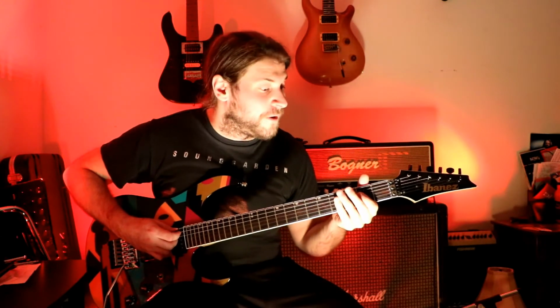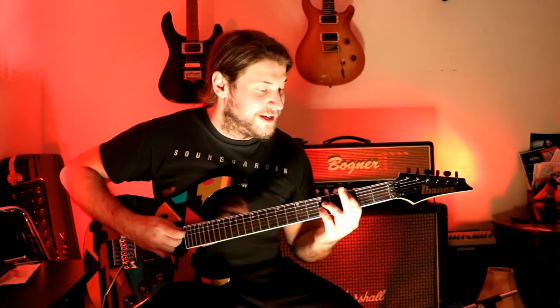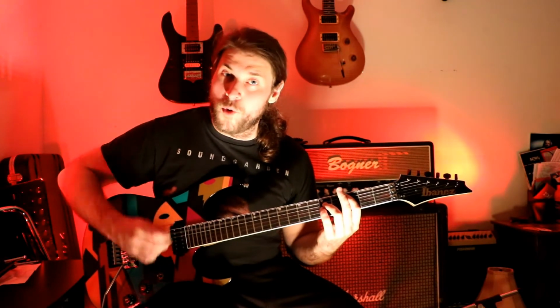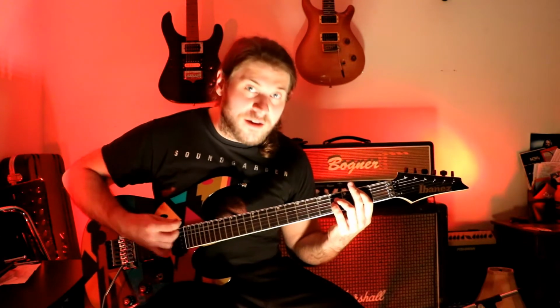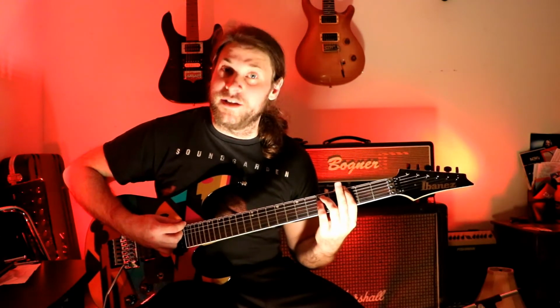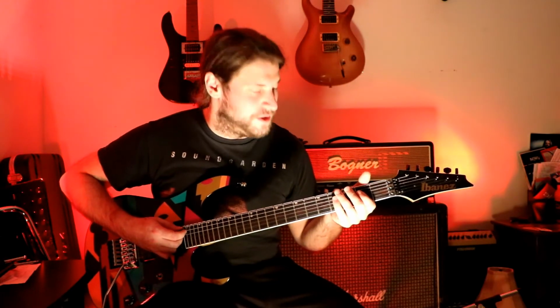So let's take a look at the frets. Open A, 2, 3, 4, C at the 3rd fret, 1, 2, B at the 2nd fret, G at the 3rd of the E. Okay? So let's take a look at full speed here. 1, 2,